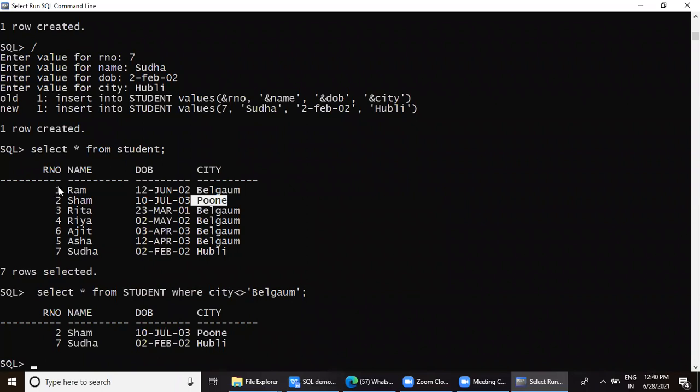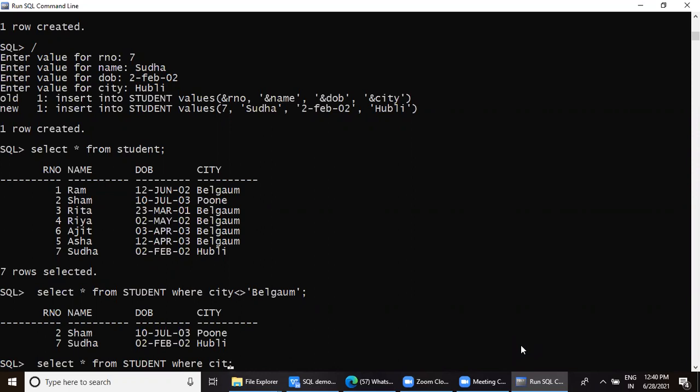Then for numeric, actually it is not very sensible search, but I just want to demonstrate to you. For roll numbers, I'll just select different ways of, so I'll just say to display roll numbers that are greater than 3. So I'll use the same command.